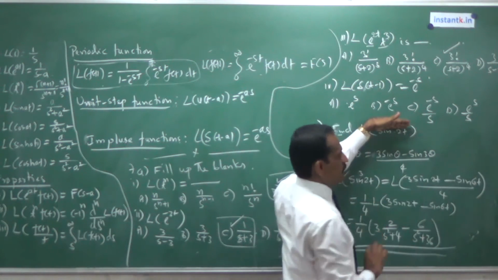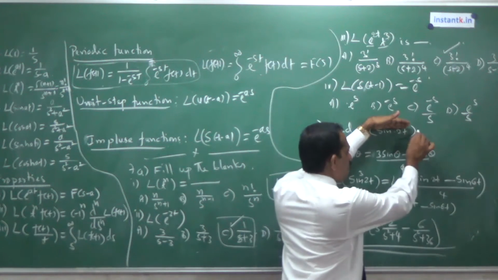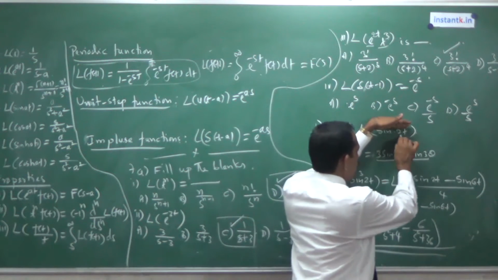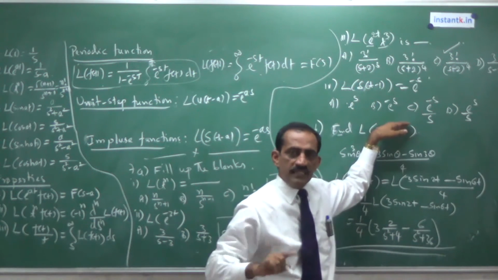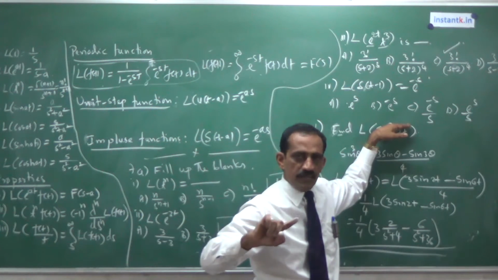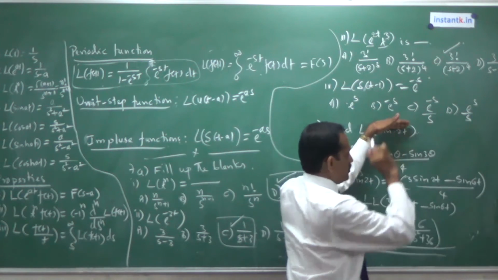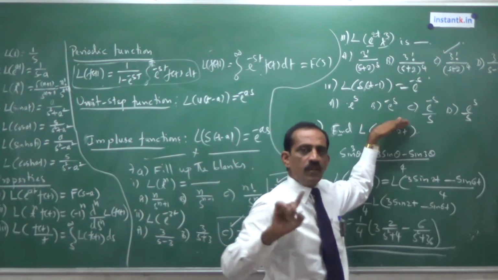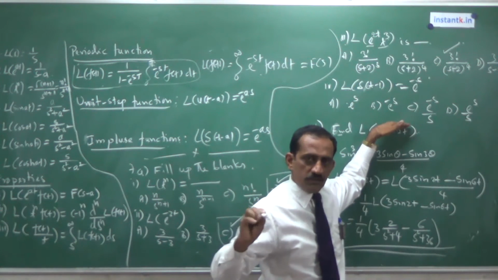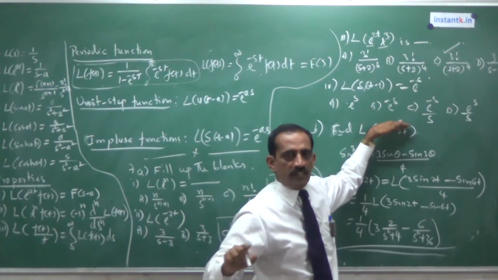So like that, if it is sine cube 2t, sometimes it may be asked sine 2t into cos 3t or sine 2t into cos t. If it is sine a cos b, use the sine a cos b formula. If it is sine 2t into sine t, use the sine a sine b formula. Sine a sine b means minus half into cos a plus b minus cos a minus b. If both are cos, cos 2t into cos t, need not be 2, anything else, cos at into cos bt, in that case make use of the cos a cos b formula. Cos a cos b is equal to half into cos a plus b plus cos a minus b.